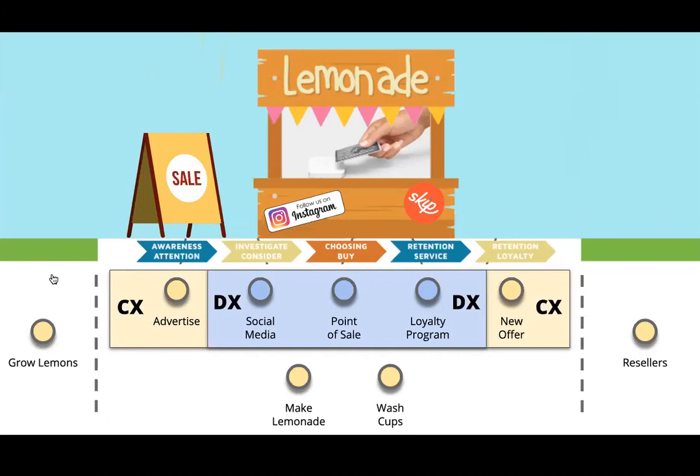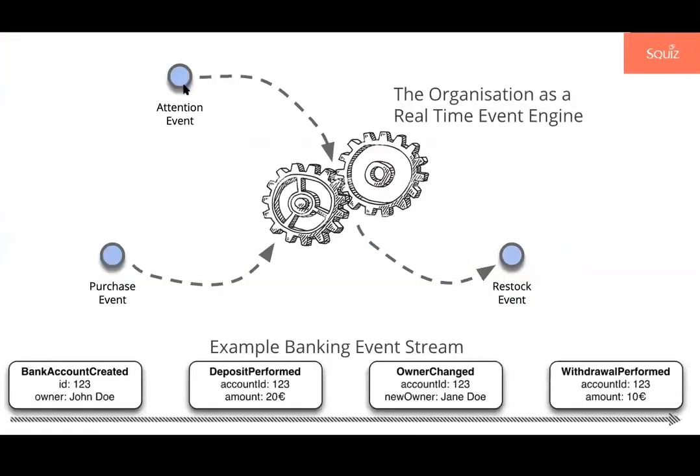But the other approach that's becoming really interesting is the way that big data is looking at things. There are various big data platforms out there, and the thought leadership they're doing is coming to this idea of the business as an event engine. They would say that any organization, whether it be a business, higher education, government or whatever industry, can be thought of as an engine that processes a stream of events and then reacts and creates its own events in turn.